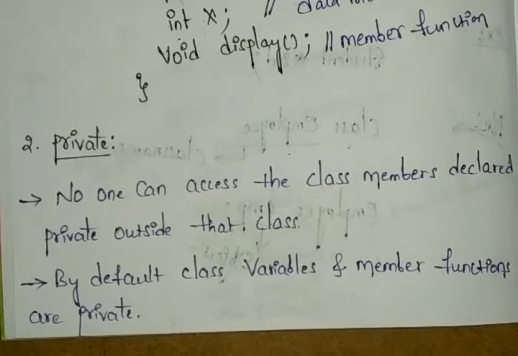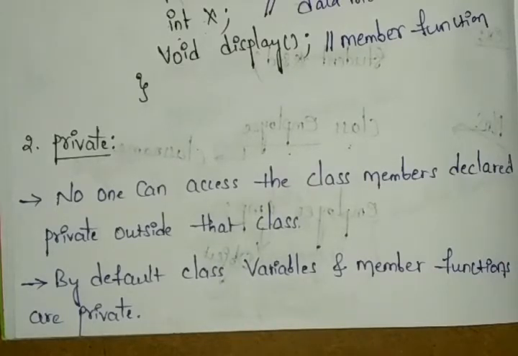Otherwise, if you are trying to enter some numbers and you don't know the password for that mobile, that is your private. Everyone uses passwords for their privacy, right? So if you enter some other numbers or some other password, it shows an error like "the password is incorrect," right? It is the same here. Public means everyone can know, private means it is only for ourselves.